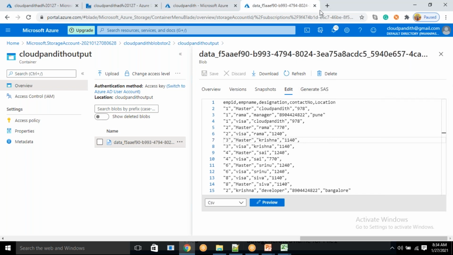Based on the first schema, whatever schema you have defined at the beginning, that particular schema only it is going to keep in mind. So even if the schema is changed, and new files came, those schemas it will not consider. It will consider only the old schema. Okay. I hope everybody is clear on this.